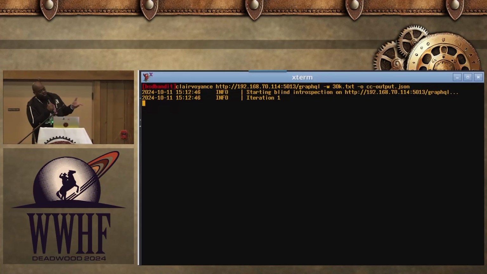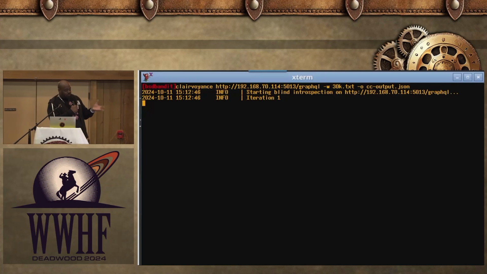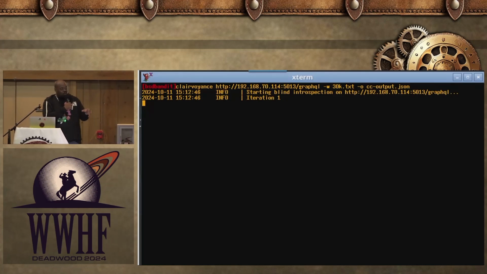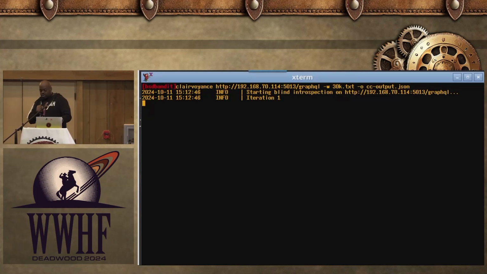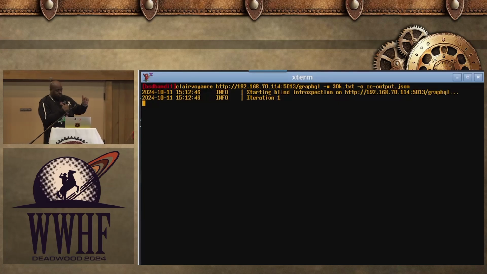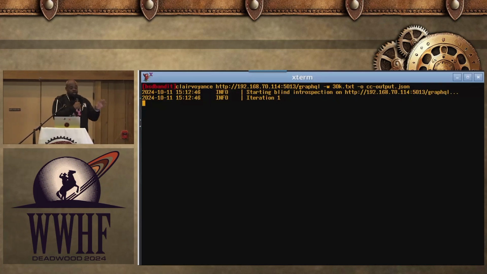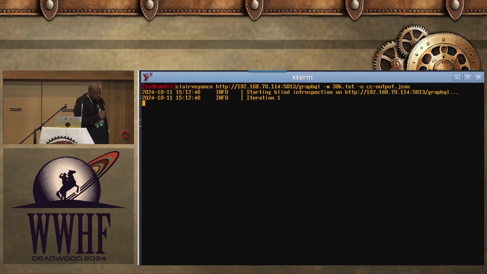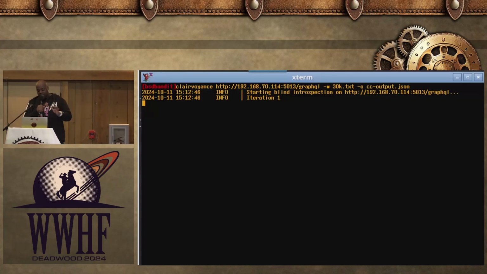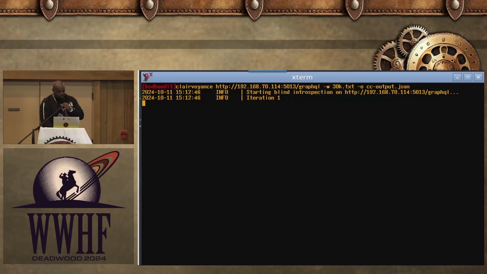So with GraphQL, there's a cool tool called Clairvoyance. Clairvoyance is just an automated way of actually fuzzing the suggestions in GraphQL. So what you're seeing here is it's taking the word list, and I'll give you the link to it. It's a specific word list that you should use with Clairvoyance so you can get the best results. SecLists is not it. It's something like a high vocabulary list. I'm going to drop all this information so you guys will have it at your disposal. But this is the automated way of actually getting the schema information